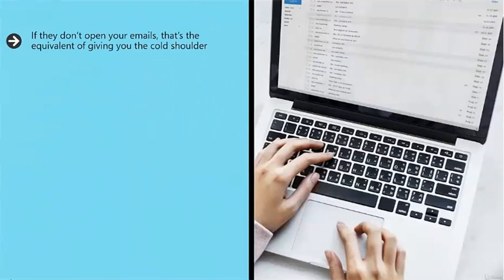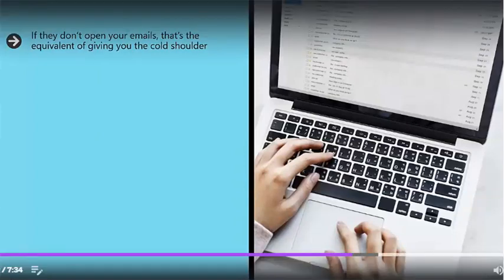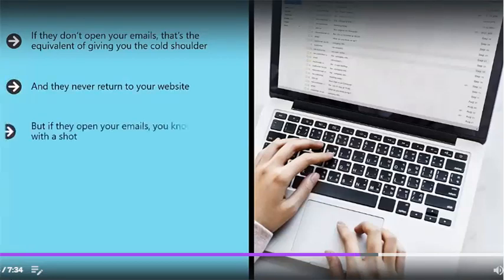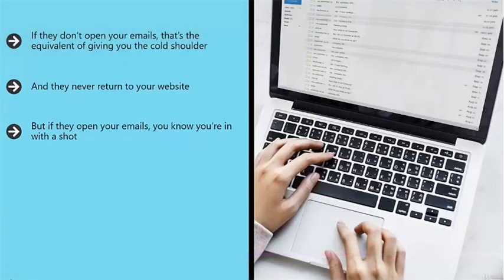If they don't open your emails, that's the equivalent of giving you the cold shoulder. That's like the girl or guy in the club that isn't laughing at your jokes and keeps looking away. If you try and sell to them now, you become spam and you get deleted. And they never return to your website. But if they open your emails, you know you're in with a shot. That means you can then send them some more information about your products and get them excited for your product launch. If during that they still keep opening your emails, then you know you've got an